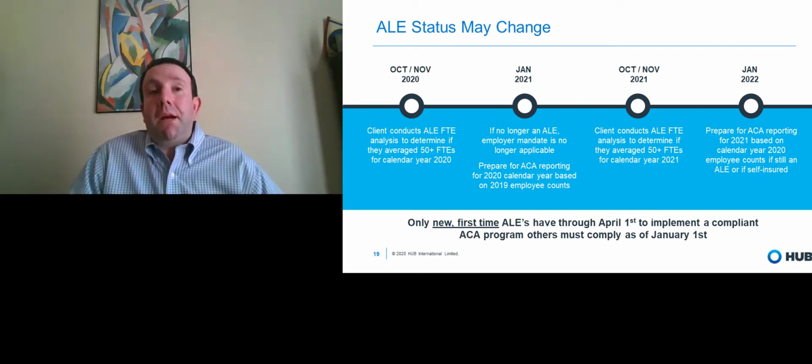An employer that's an applicable large employer today in 2020, this is based on their 2019 employee count. So that means that even if they go below 50, they would still be obligated to complete ACA reporting, at least based on what we know now, in 2021 for the 2020 calendar year. So overall, I would just say that it's important that employers recognize when they're near 50 employees or not, just so that they recognize that they might not be subject to the employer mandate next year,